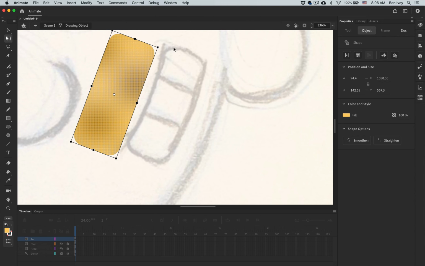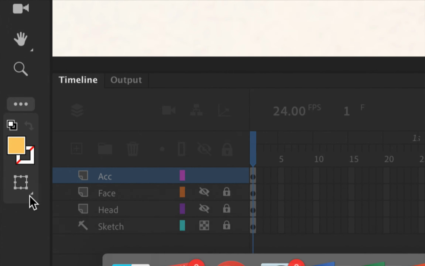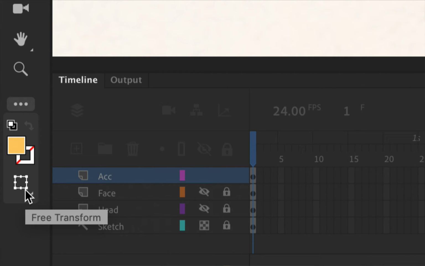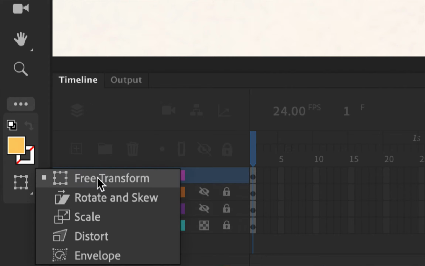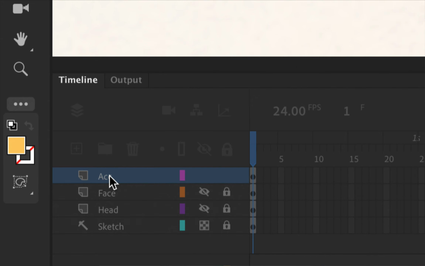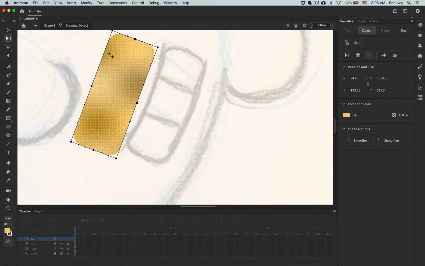Next, we want to be able to transform this so that it looks like it's warped and bulging out on one side. To do this, look at the very bottom of your tool panel. With the transform tool selected, you can change up what mode you're working in by clicking here. When you open it up, by default it uses the free transform. You can do other kinds of transformations, and the one that we want to use is the envelope distort. So choosing envelope distort, change that icon,